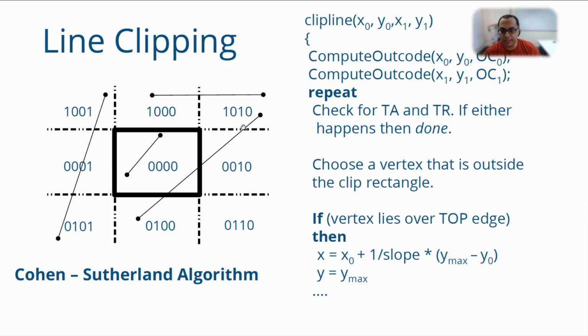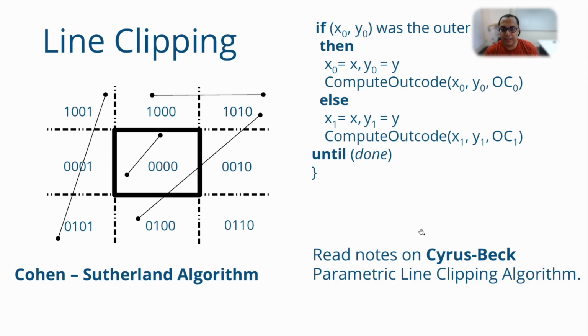And then you clip it with, say, the top edge. So you compute the intersection with the top edge. It's going to land up here. So x and y are going to get assigned these values, and then what you do is that you move this vertex here. The outcode of this vertex now changes to the outcode of this region, and again you do the trivial acceptance and rejection test. Since you will not be able to trivially accept or reject even now, you take another, again either this vertex or that vertex, and you clip.